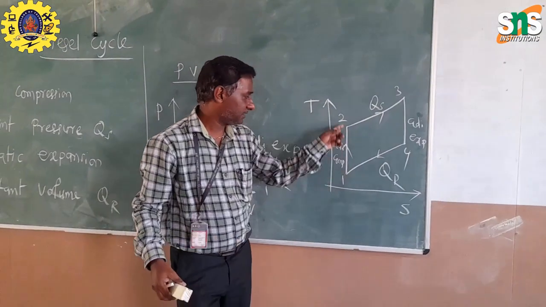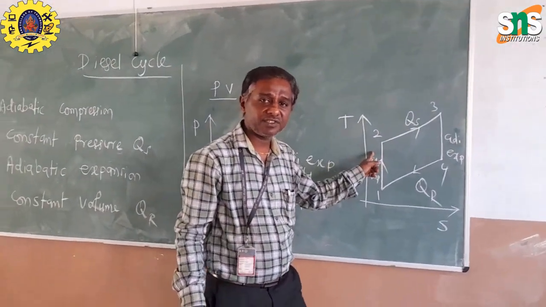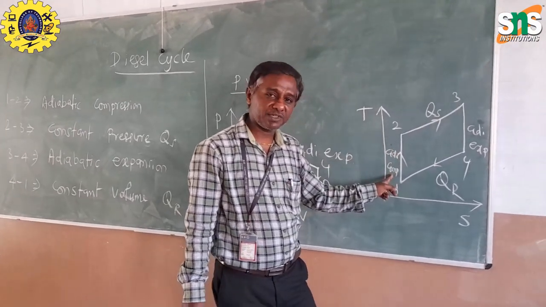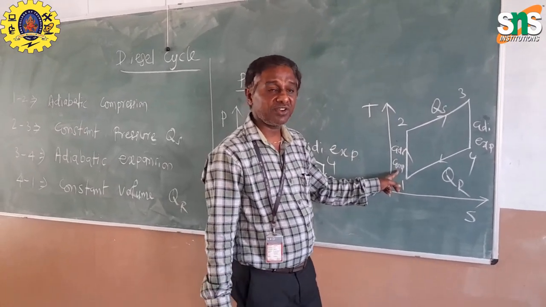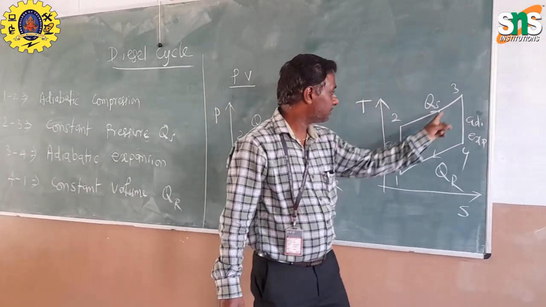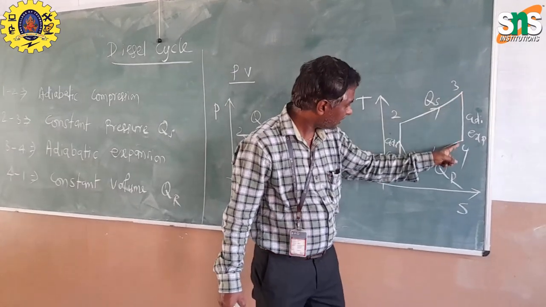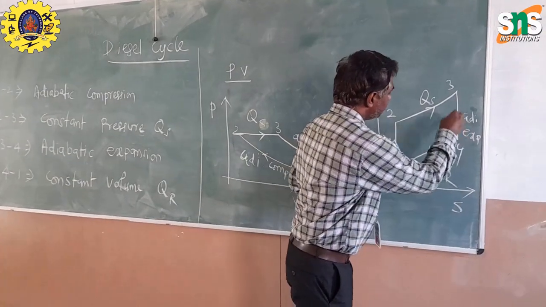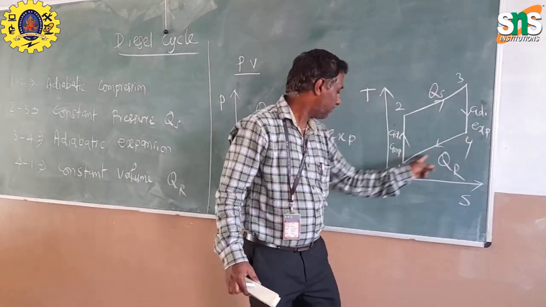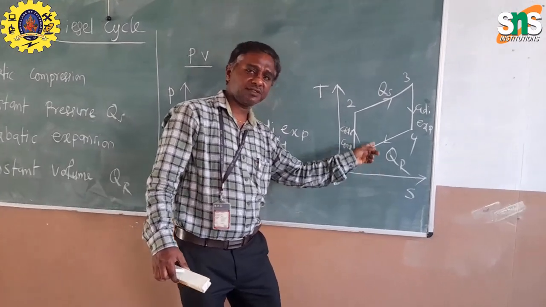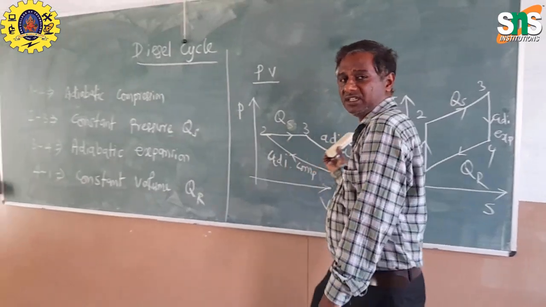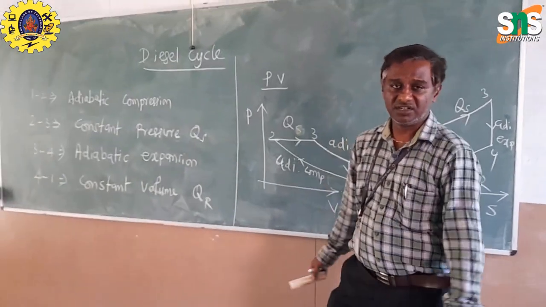In an adiabatic process, the entropy is constant. A reversible adiabatic process is called an isentropic process, where entropy is maintained constant. And 2 to 3 is a heat addition process, in which the temperature keeps increasing. And 3 to 4 is also an adiabatic process. Here entropy is maintained constant, and in 4 to 1 the heat is rejected, so the temperature will drop. Okay, so this is the TS diagram. According to the processes, the PV and TS diagrams have been drawn.